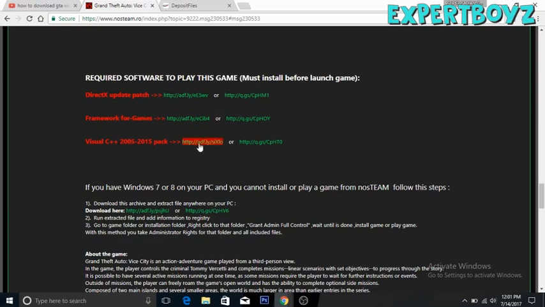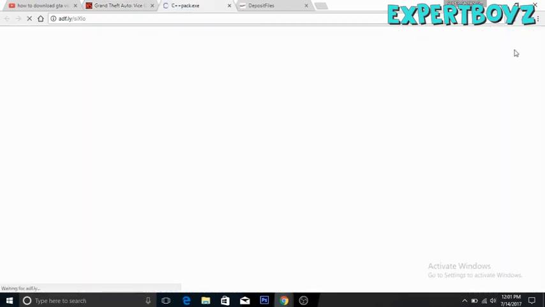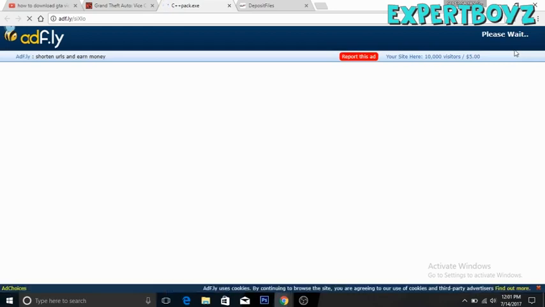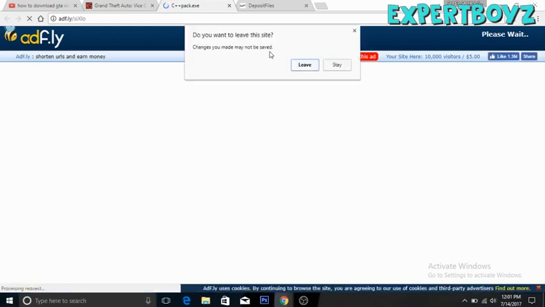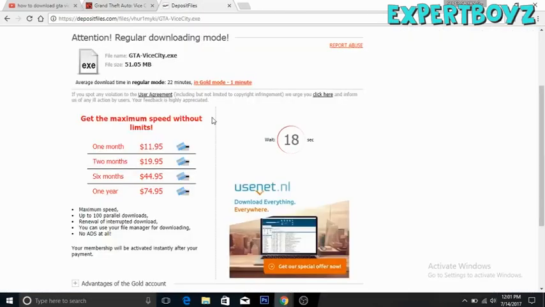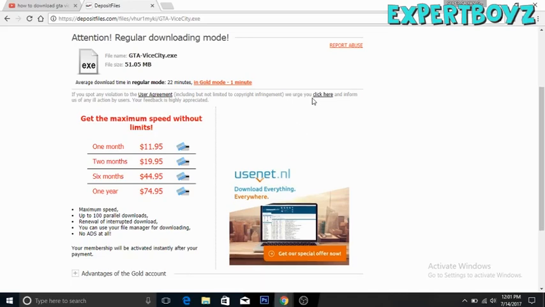Now basically it's the same process, you just need to skip the ad and stuff like that, as you guys can see, please wait and stuff. So you guys can do that. I'm not gonna do that, I already have it. Now we will wait for 15 seconds more. And this game does not have a patch as well. It's such a small game, it's not a big game which will take a lot of space. It's so small and simple, no patch, nothing you need to require. You guys can play multiplayer and stuff for free.